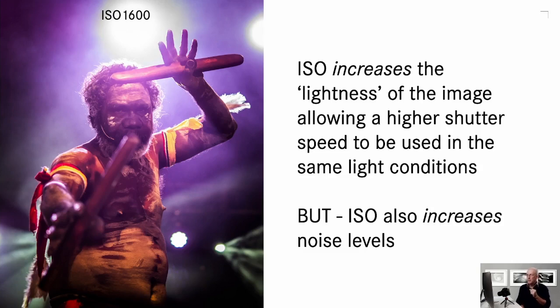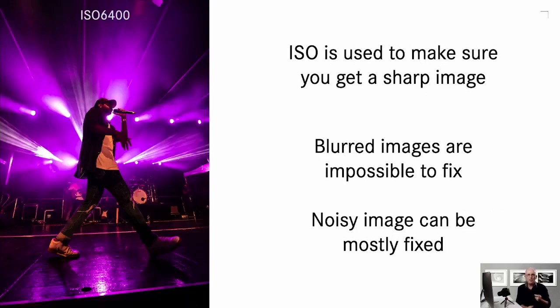There is one other thing which I should mention, is that you use the ISO to get a sharp image. We mentioned that blurred images are impossible to fix and noisy images can be mostly fixed, but there is one other cost that you do pay, which might be significant. You do lose dynamic range. Now, it depends on the brand of camera,